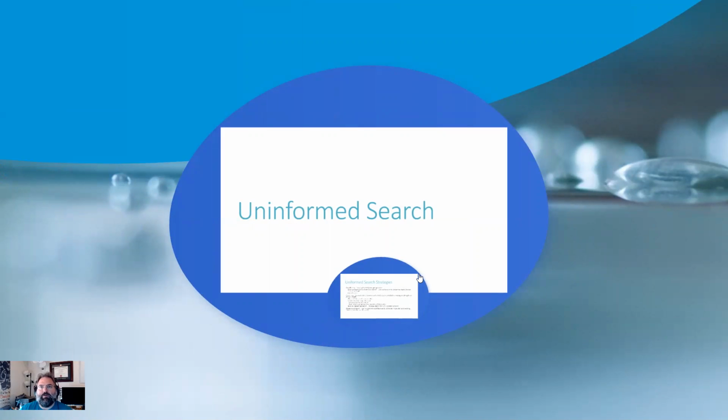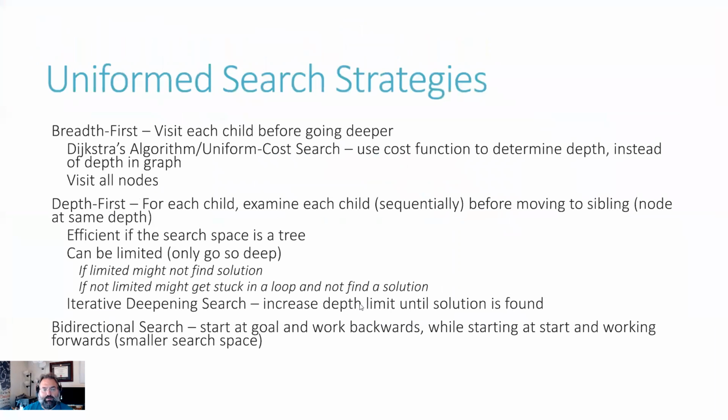So there are several ways you can do searching. An uninformed search means that you don't necessarily do anything terribly smart. You either go breadth first or depth first, and you may do some sort of bidirectional search where you start both at the beginning and at the end and try to work your way towards the middle. But you're doing so in a brute force sort of way. You're not really doing anything intelligent other than looking at everything. And it's uninformed in the sense that you don't really know if one path is better than another or not.